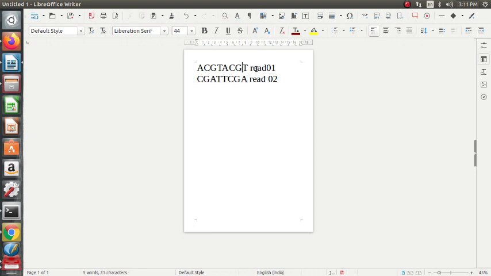So the number of reads is 2, and 2 into 8 is the total number of bases. So 2 spots in this position, that's T and A. In the last position there are 2 spots, T and A. The number of reads is 2, so 2 into read length is the number of bases. So 2 into 8, that is 16.